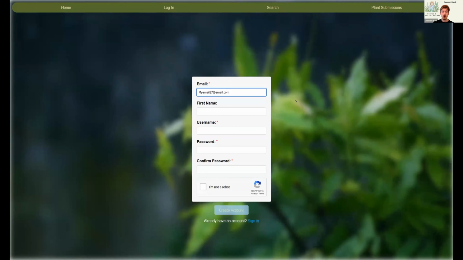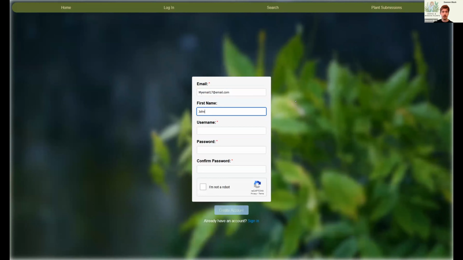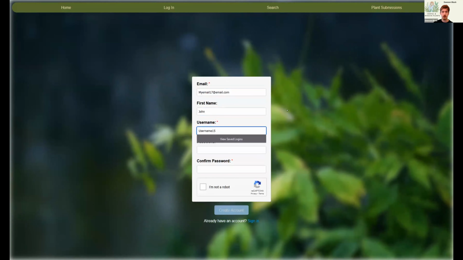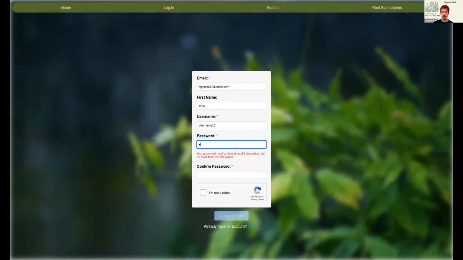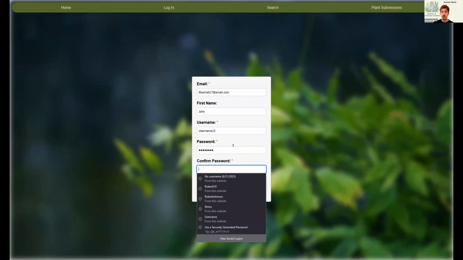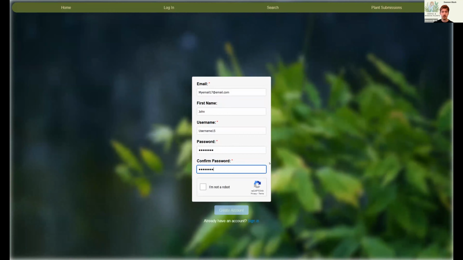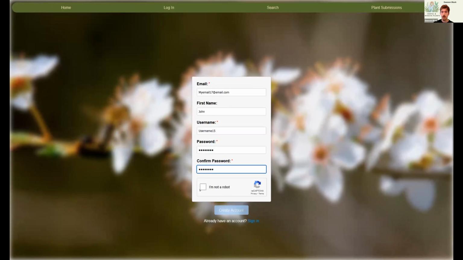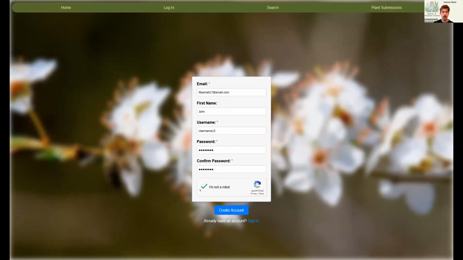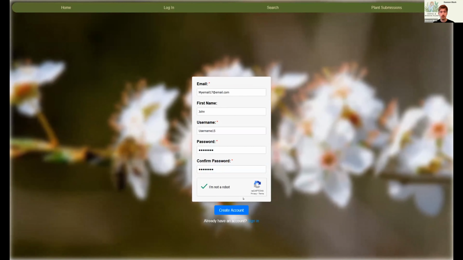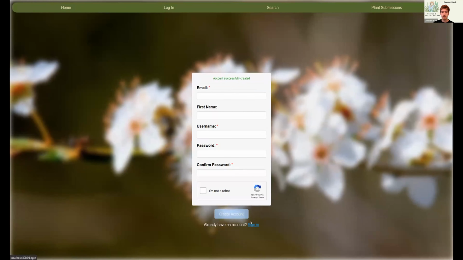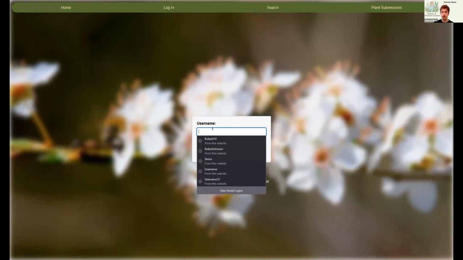There is also data quality control in place to ensure that, for instance, the user's email is in valid format, their password isn't too short, their username doesn't have spaces, etc. These controls are placed at both the front and the back ends to avoid client-side validation bypasses. We also added a reCAPTCHA, as you can see, to make sure that you're not a robot. Once an account has been registered, you'll receive the success message at the top, and we can now go back